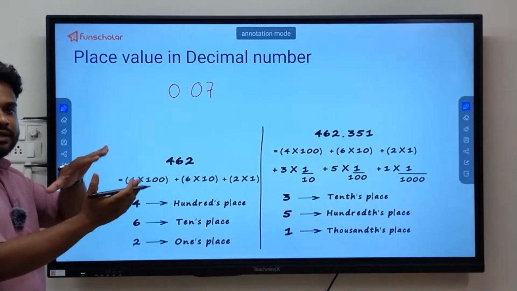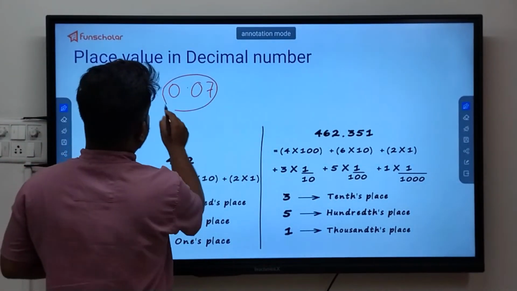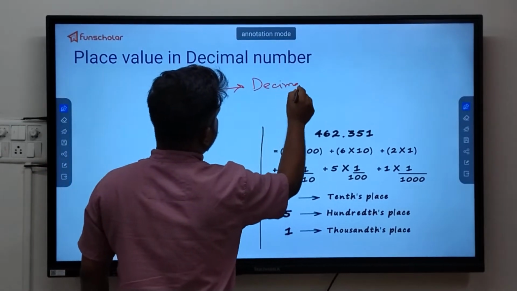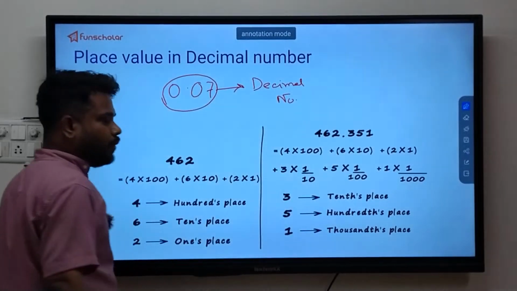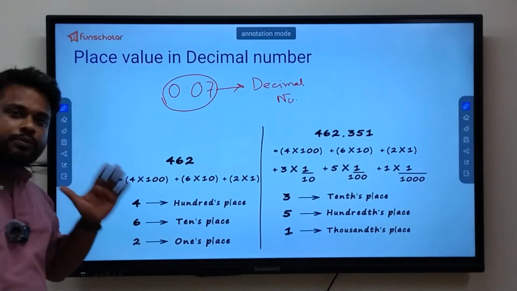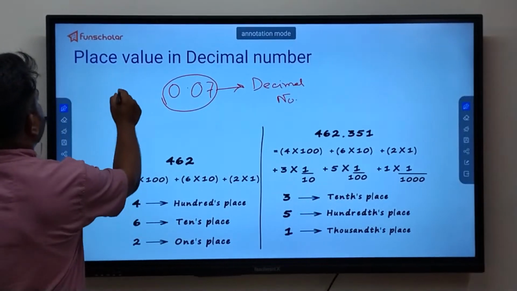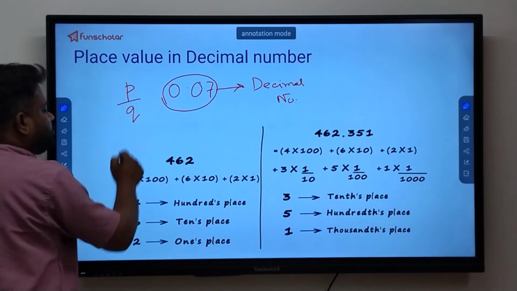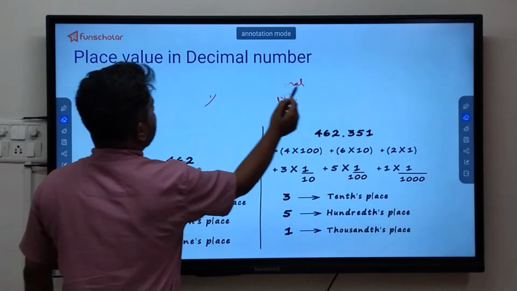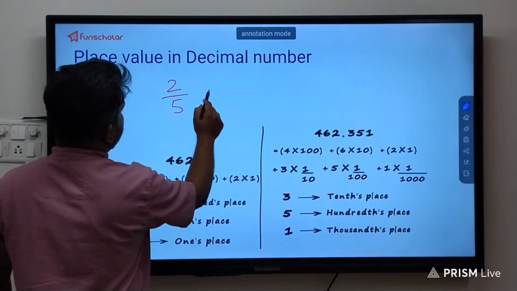some numbers succeeding and preceding this point and that number will be called a decimal number. Okay, and a decimal number is also a rational number because it can be turned into p by q form. Okay, and we already know that every fraction is also a rational number. So from this we can tell that every fraction can be